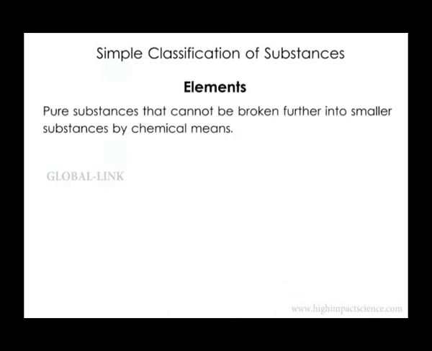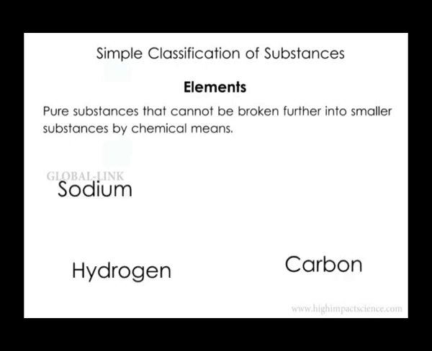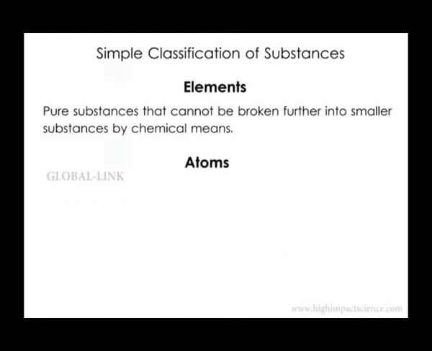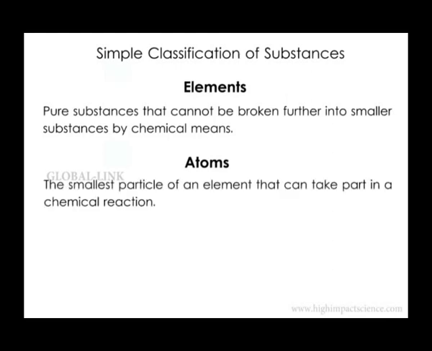An element is a pure substance that cannot be broken further into smaller substances by chemical means. Examples of elements include sodium, hydrogen, carbon, nitrogen, sulfur, and many others. In nature, there are over 110 known elements, and they are arranged in what we call a periodic table that we will see in Form 2. Elements are made up of atoms. An atom is defined as the smallest particle of an element that can take part in